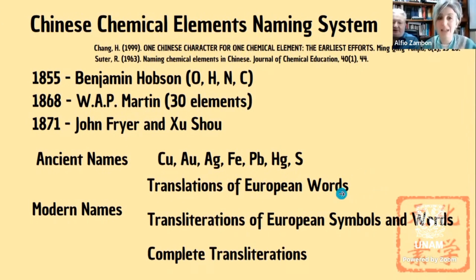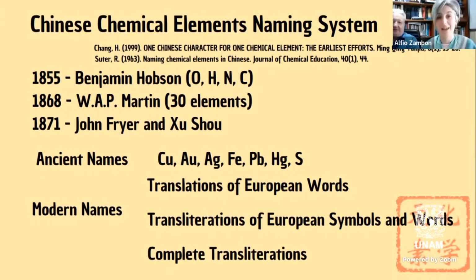There were several attempts to produce the names. The first one was Benjamin Hobson in 1855, and he was the one assigning the new names for oxygen, hydrogen, nitrogen, and carbon in Chinese. And what he did was reflect the properties of the elements and translate it into a 2-character name. Later on,